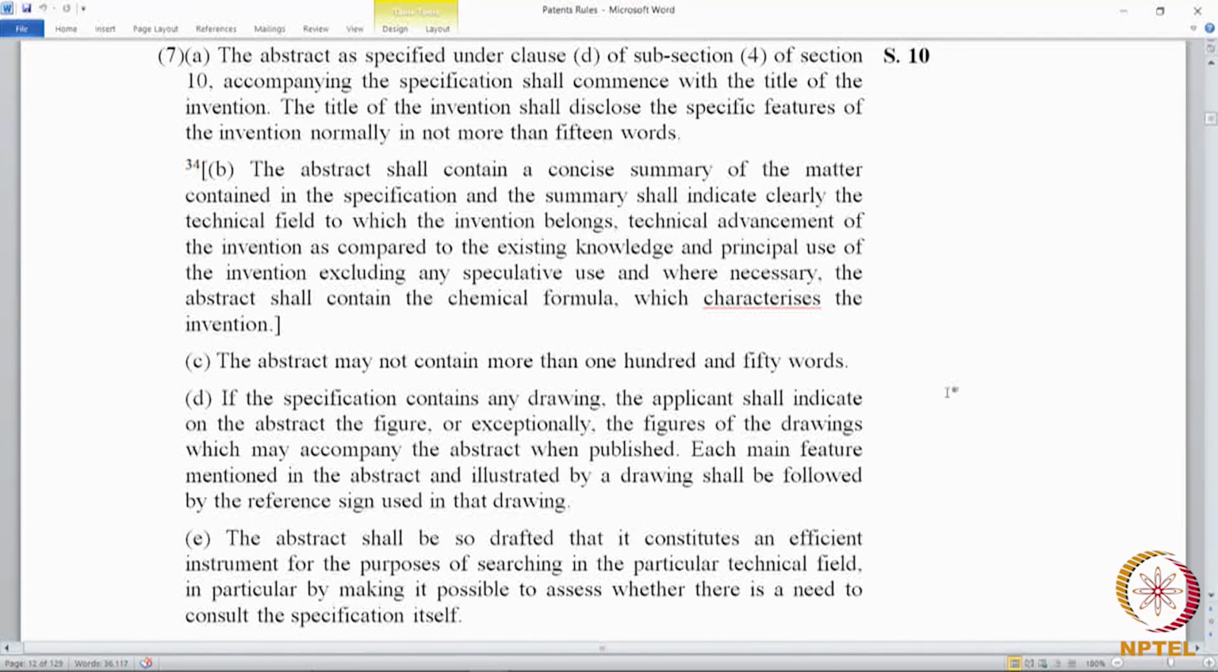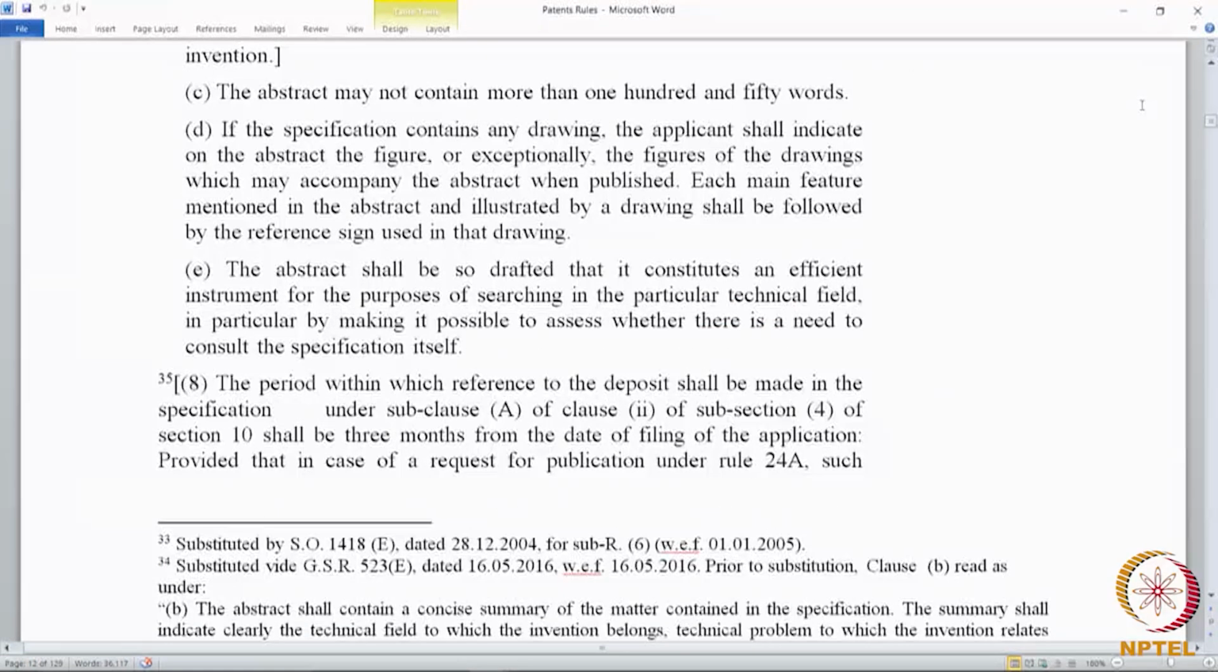So the 3 plus 1 are the requirements that an abstract has to satisfy, and the abstract should not be more than 150 words. If the specification contains any drawings, the applicant shall indicate on the abstract the figure or exceptionally the figures of the drawings which may accompany the abstract when published. Each main feature mentioned in the abstract and illustrated by the drawing shall be followed by a reference sign used